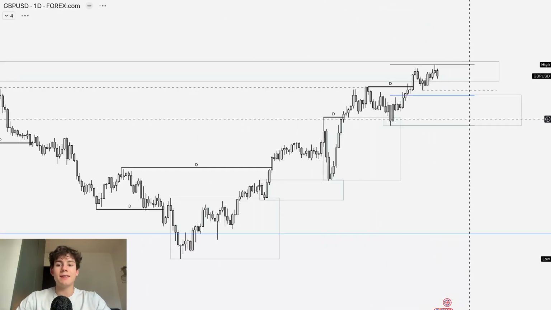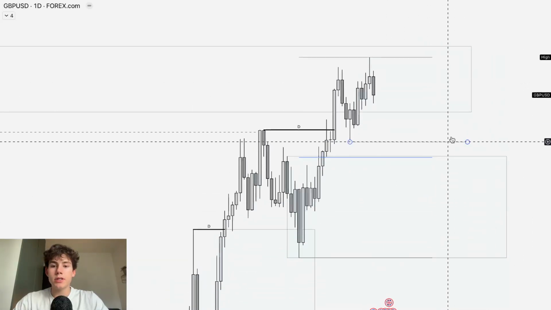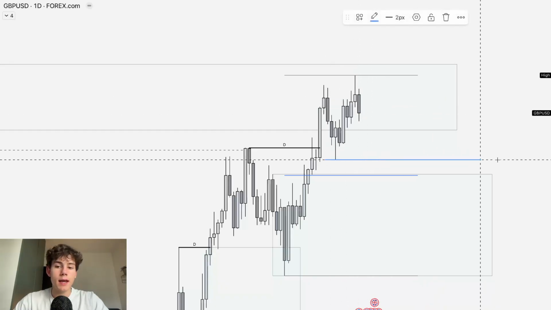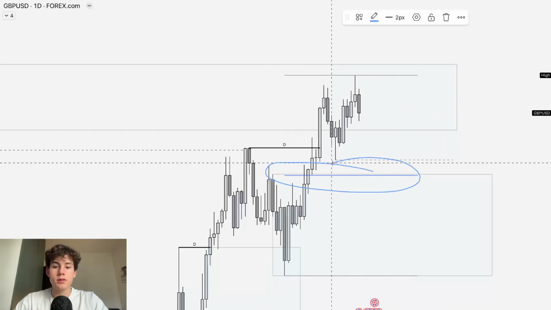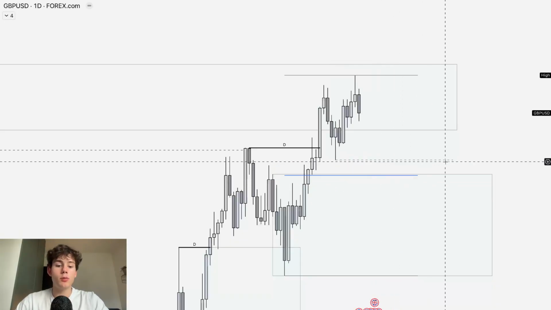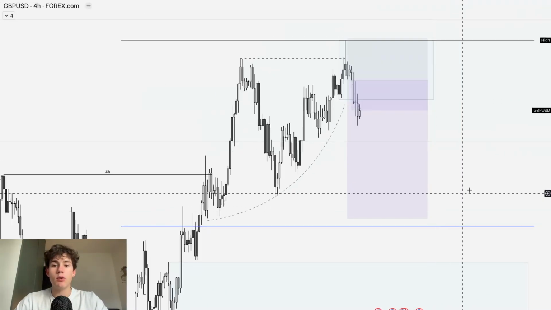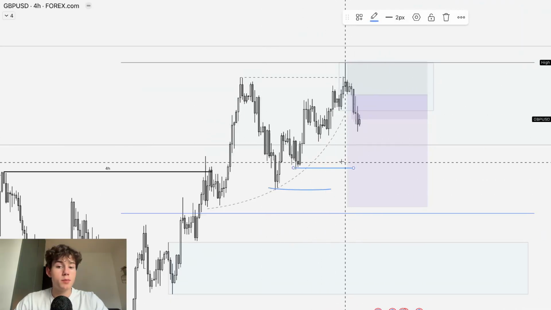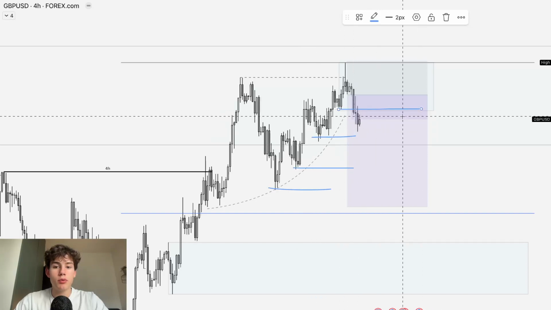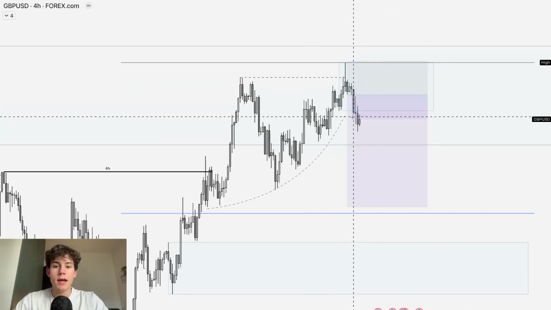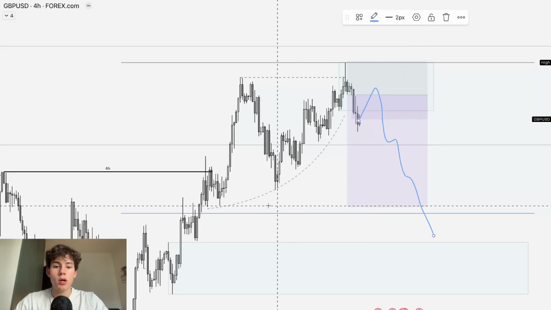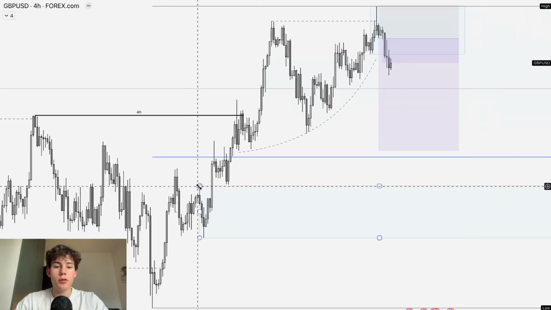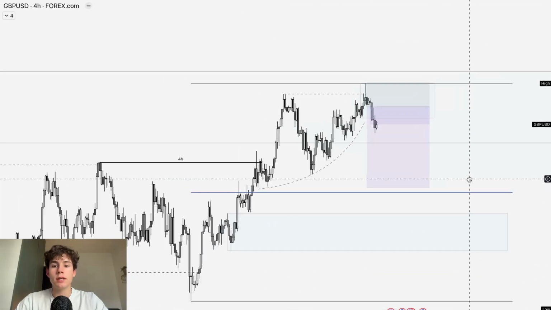So looking at the daily, we are daily bullish, but what can we see? We grab liquidity above this high, so we could take liquidity at the low as well as trade towards those discount prices, but that's something you need to confirm on the lower time frame. So looking at the 4-hour, what do I see? Well, we broke the order flow down lower. We're respecting the lows. Until this point, we broke the low and we created a supply zone, and from this supply I am looking to trade down lower to take liquidity at the lows and trade towards the discount prices and this open demand zone. So GBP/USD is looking nice for shorts.